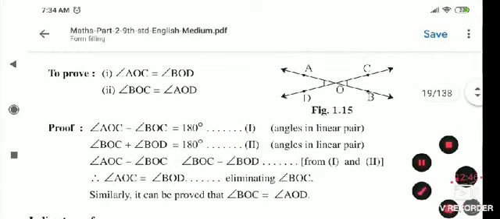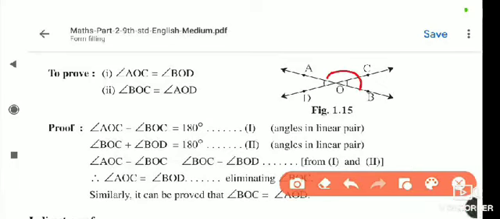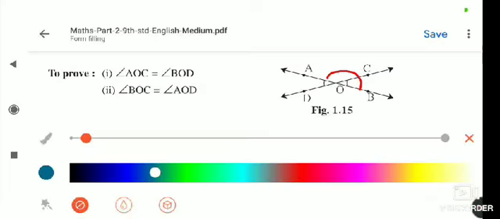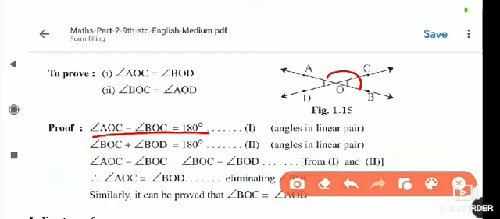And how can we show that these angles are congruent to each other? So AOC and BOC. If you think about this, these two angles are a linear pair of angles. So AOC plus COB is equal to how much? 180. Next, we have to take this BOC and this angle. Which angle? BOC and BOD. The measure of these two angles is also how much? 180, because they are also in a straight line.